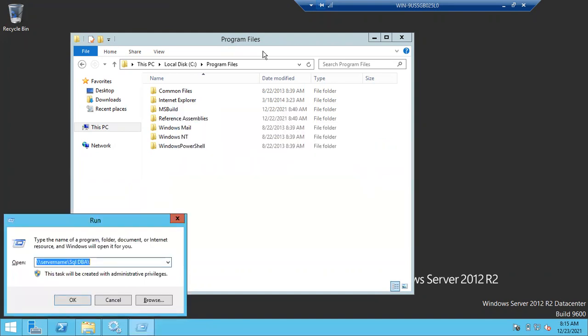In the organization, who is going to install SQL Server? The Windows team will install other software, but the Windows team won't install SQL Server itself.